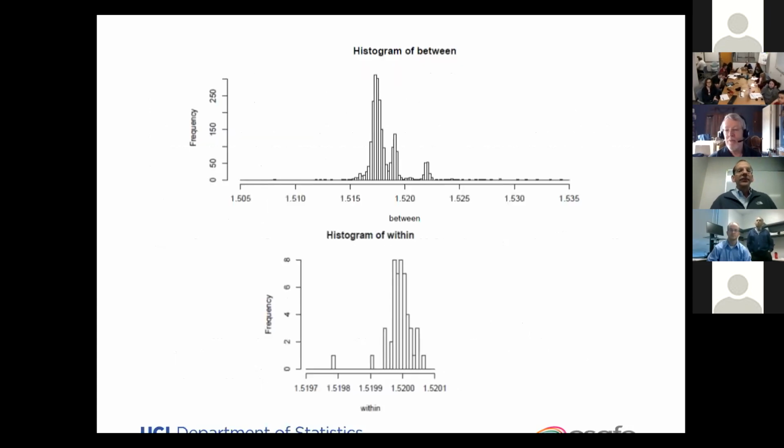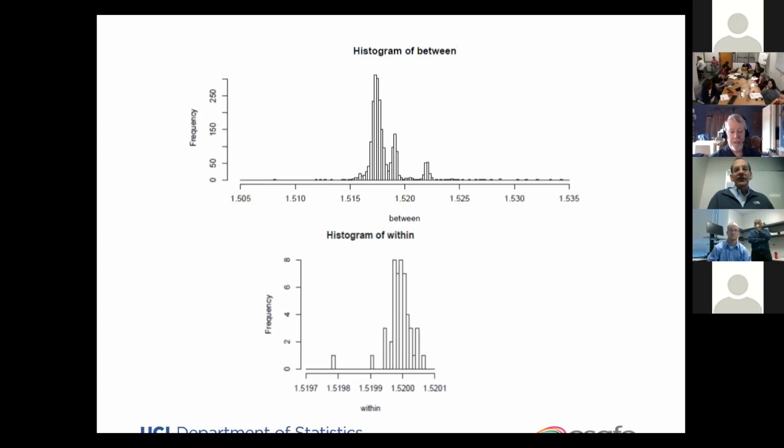And so they show these data in their paper. The top histogram here is what I'm calling the between distribution. These are measurements drawn from different panes of glass, representative samples from different panes of glass. You can see the range, and it's not a particularly standard normal distribution or anything like that, so that becomes one of the challenges. The bottom picture is the sample of, I think, 49 measurements from within a single glass source.